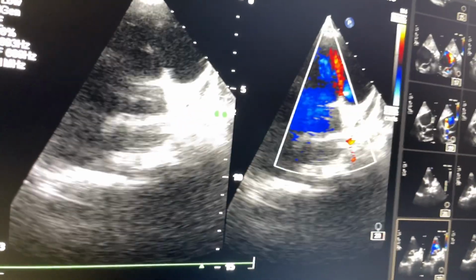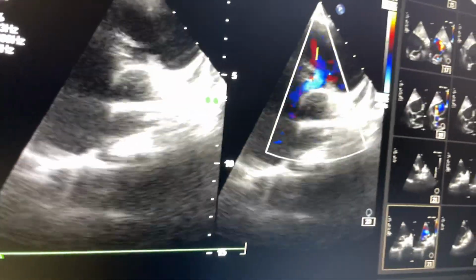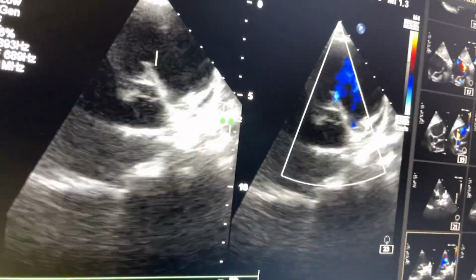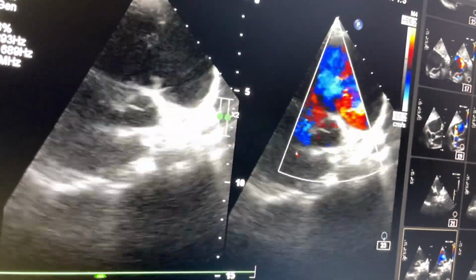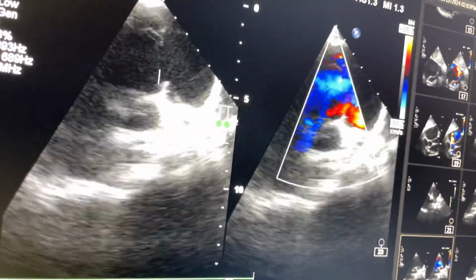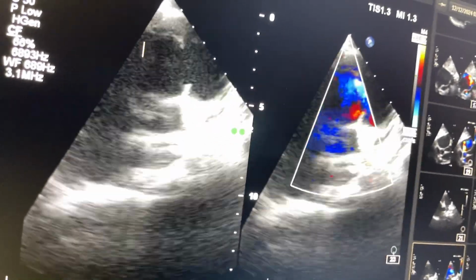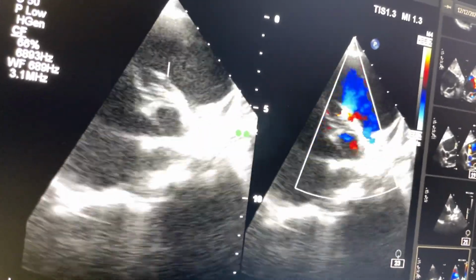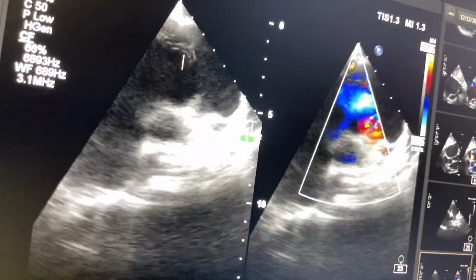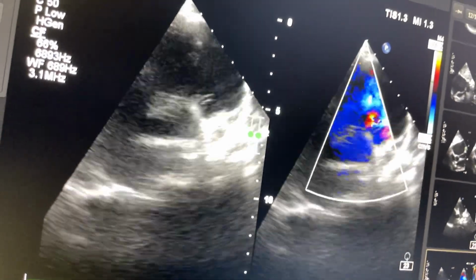Again this is TR jet. This is tricuspid valve. So very little septal leaflet and larger length of anterior tricuspid leaflet is the mobile portion. So you have to find out the mobile portion of anterior tricuspid leaflet because that is utilized in case of repair